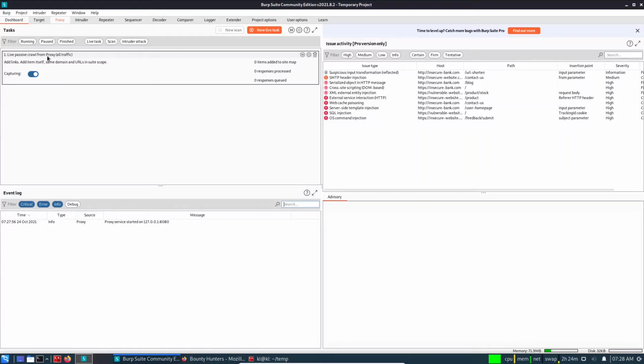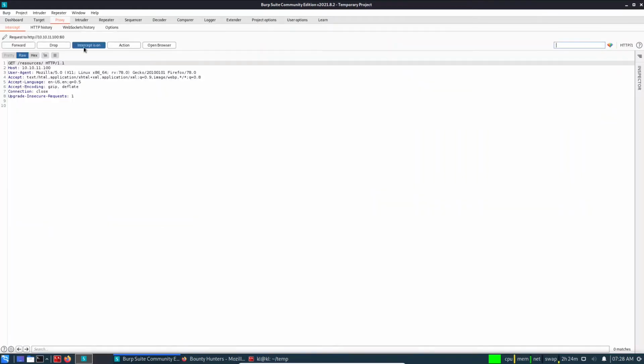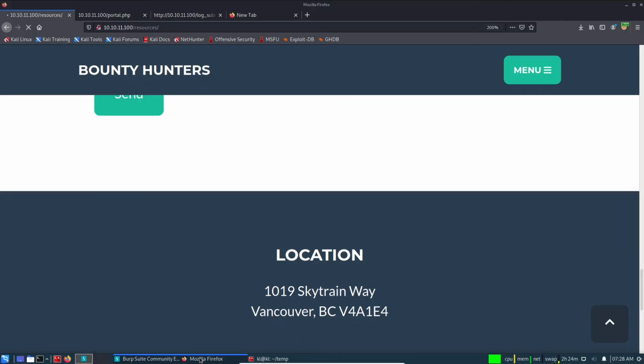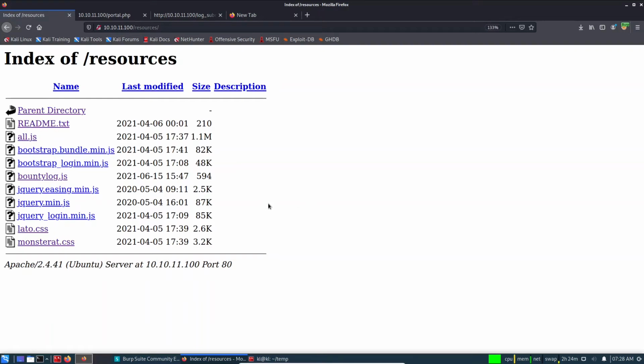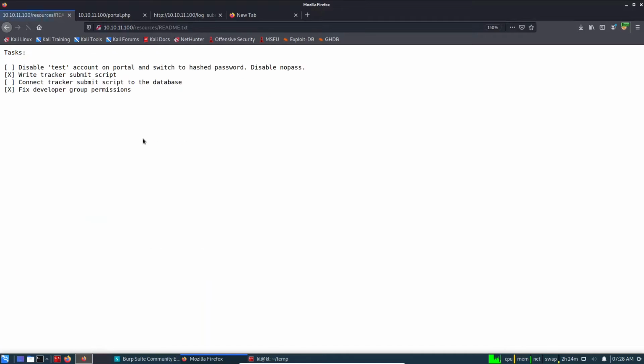So let me stop it for now. So you can see there is a readme.txt, JS files, bootstrap files. We have already checked this. These are jQuery and the CSS file. So the new thing is this readme.txt. So if we check the content,